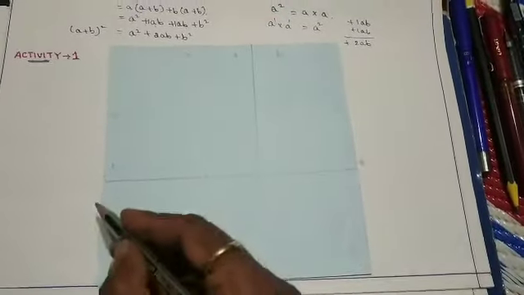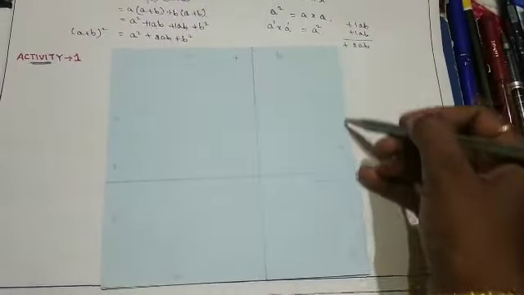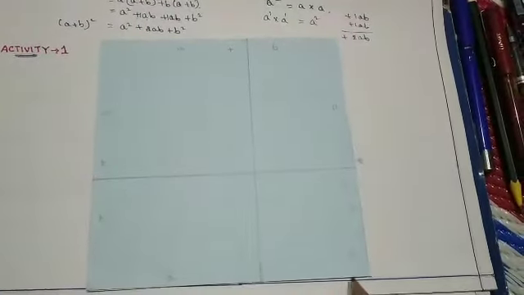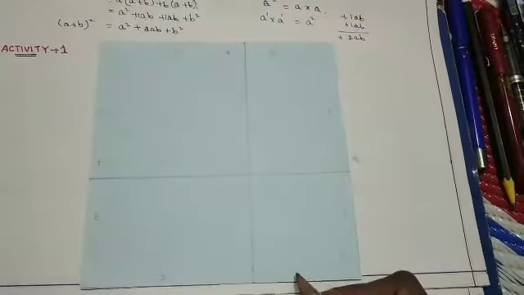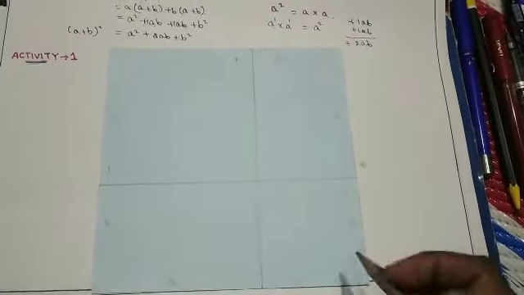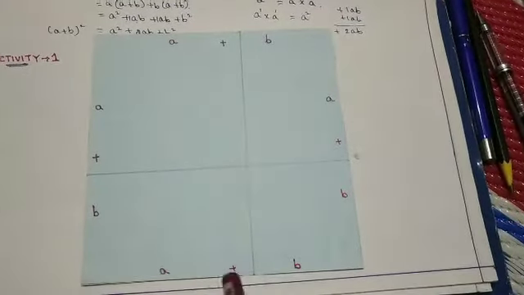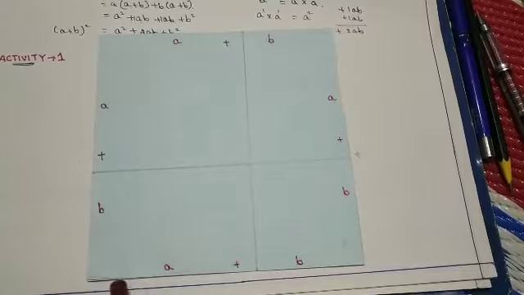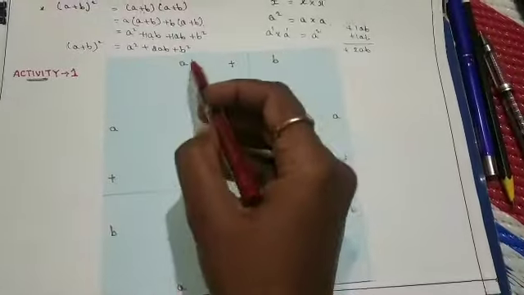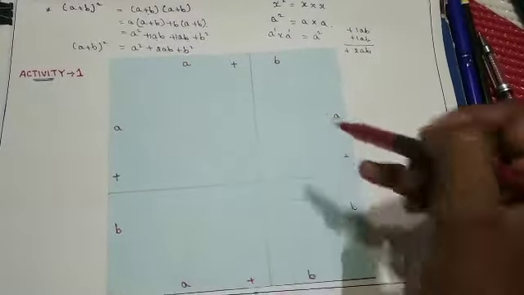The length of this is B. Therefore this is B. And the total bigger length of the square becomes A plus B. And what is this dimension? B. Then this becomes B. Then the dimensions are the same here, therefore it becomes a square. So in total we got 2 squares and 2 rectangles. So A plus B is the length of the bigger side of the square. This is also A plus B and A plus B. Total we got 2 squares and 2 rectangles.